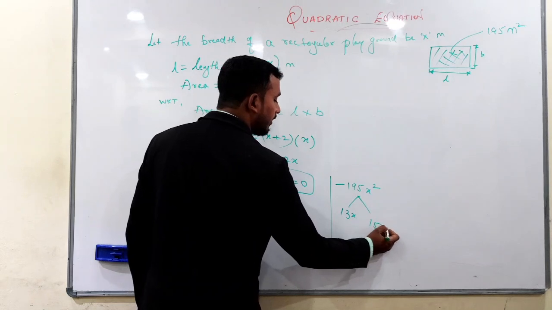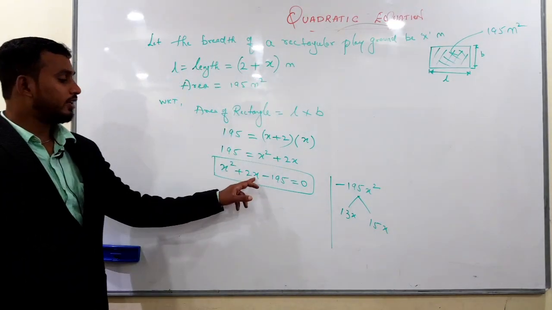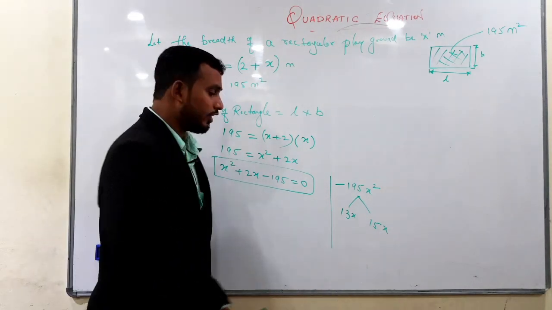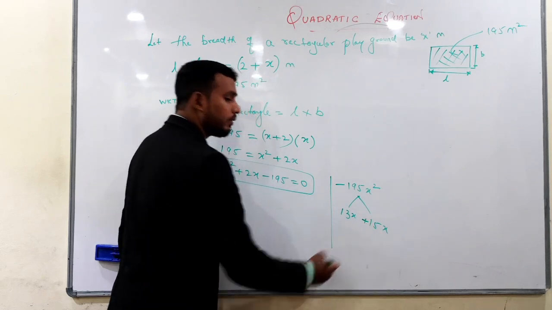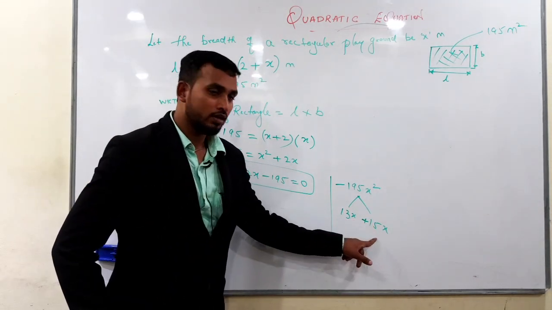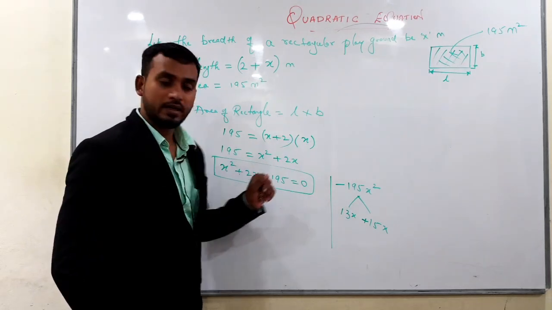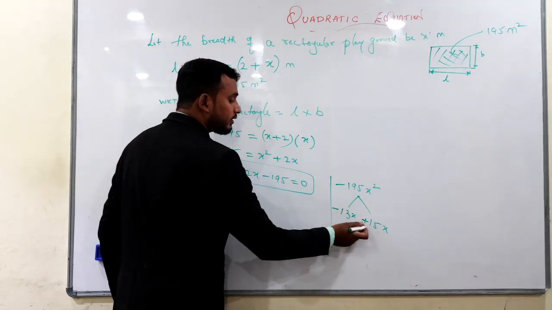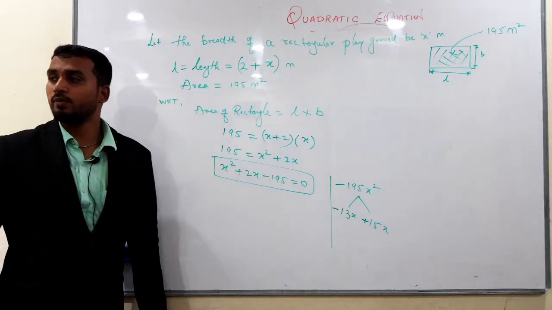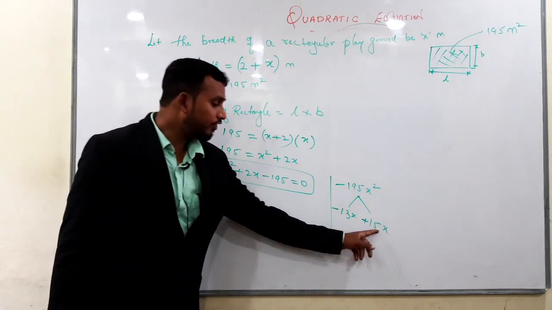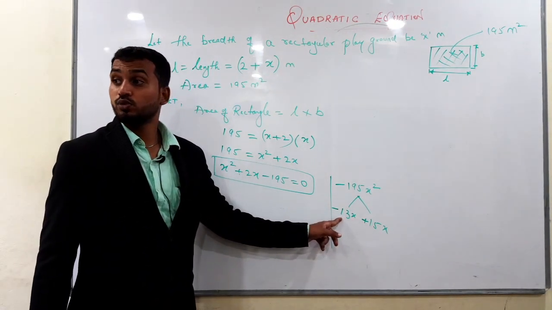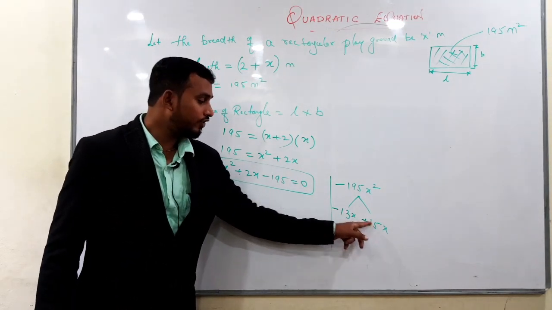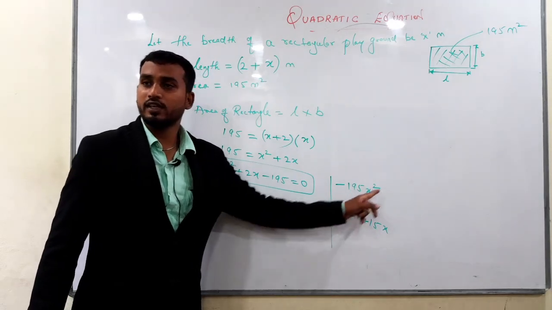Variable is x. Got it? What is the middle term sign? Plus. Which is the bigger number? 15. So middle term sign for bigger number. Plus into what is minus? Minus. Plus into minus is minus. Now check it out. 15 minus 13 is plus 2. We get plus 2 here. Plus into minus, minus. 15 times 13 is 195. x into x, x square.